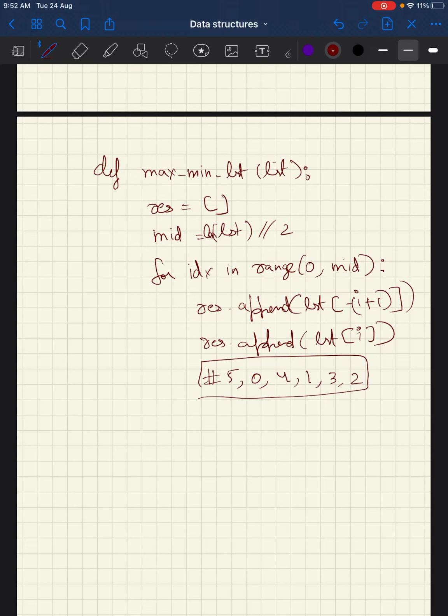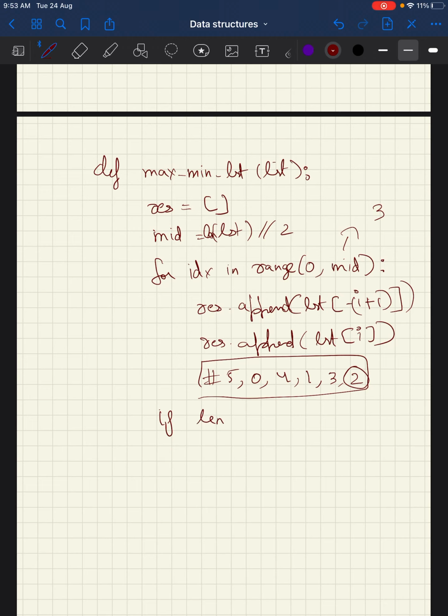Now the thing is, this for loop would actually terminate when it reaches the mid, which is basically going to be 3, right? And it would actually terminate at index 2, right? So for the arrays which have an odd number of elements, we need to handle that also. That could be handled separately.